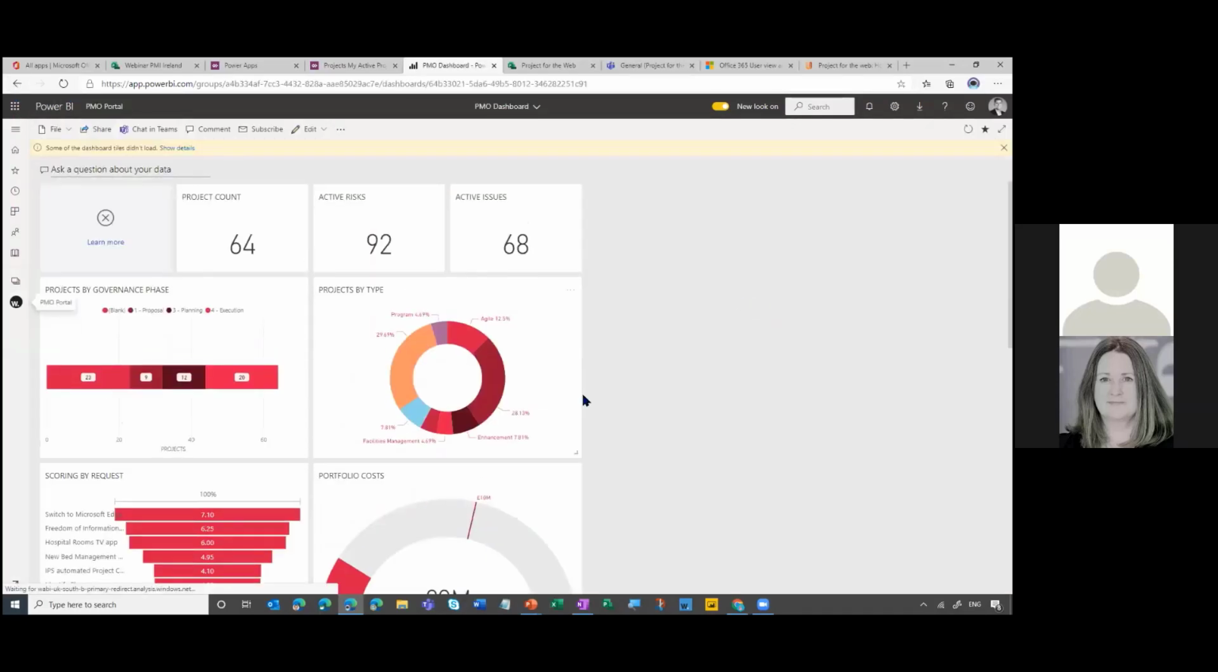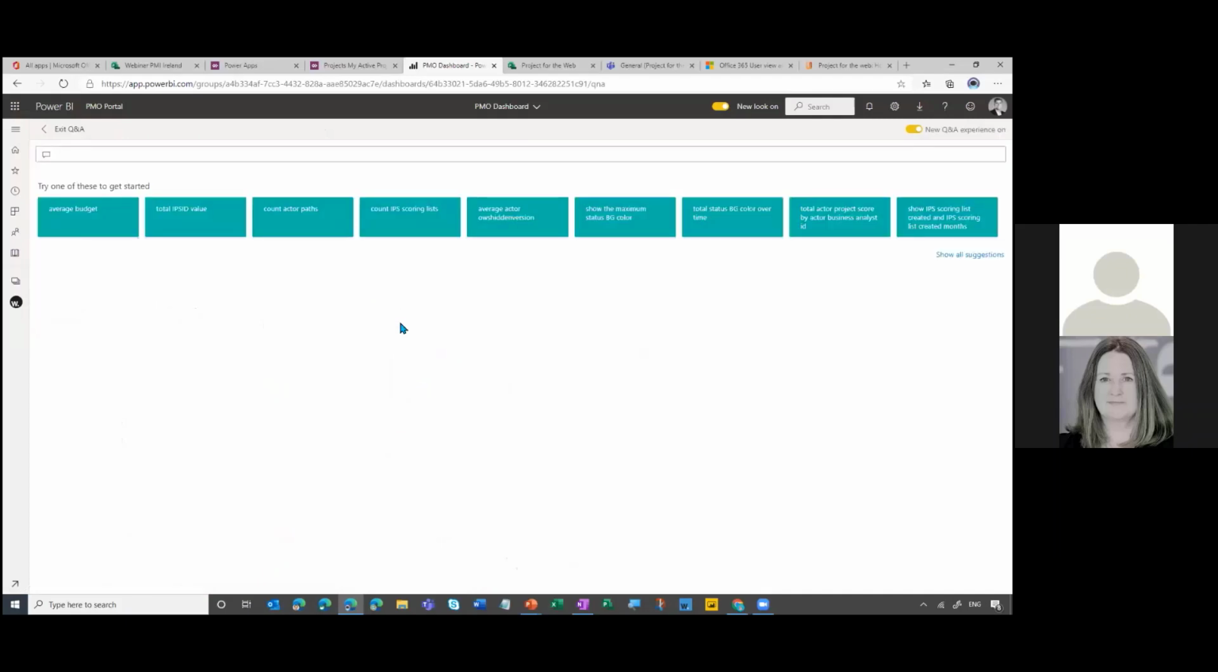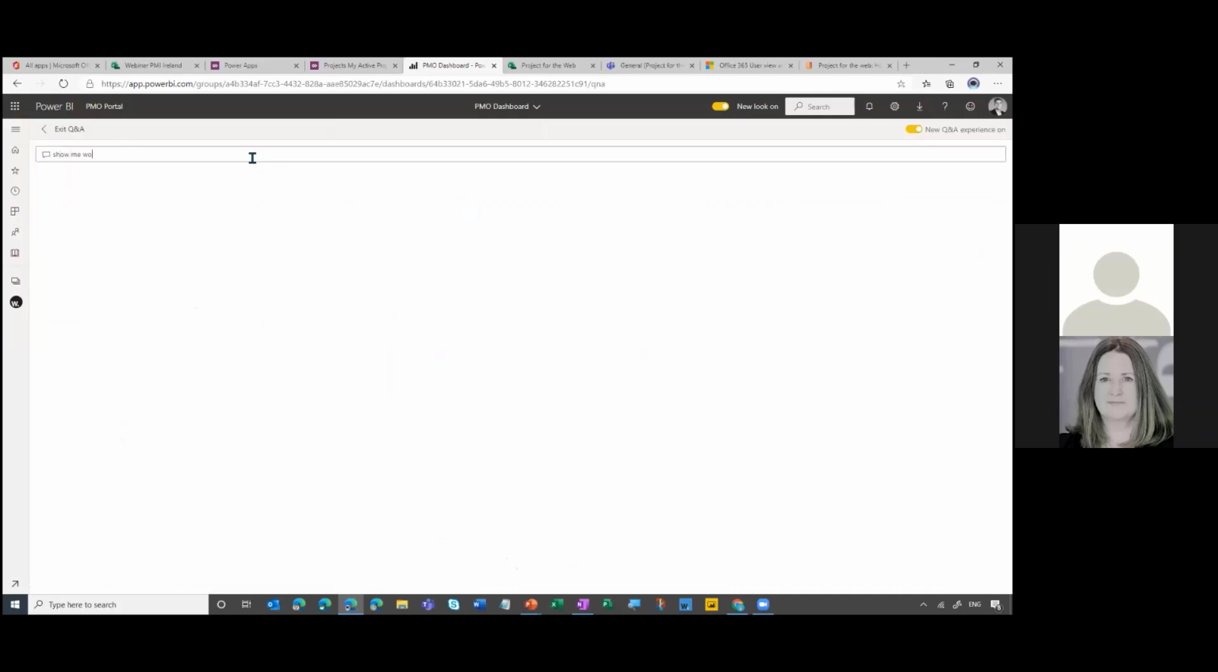So again, here's the dashboard. One of the great things about Power BI is you can actually go in and ask questions about the data as well. So not everyone is able to write queries or produce pivot tables and do that kind of thing. But if I know my data, I can go in and ask questions. So a question that I'm going to ask is,